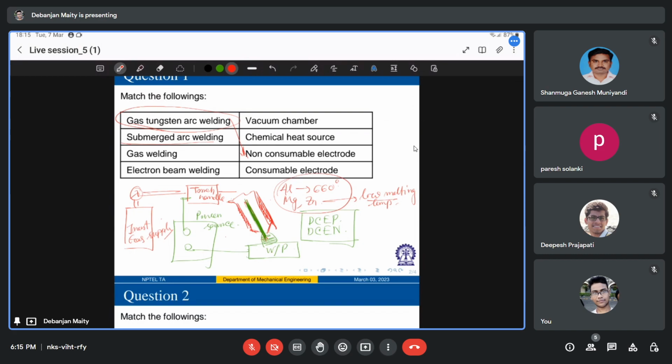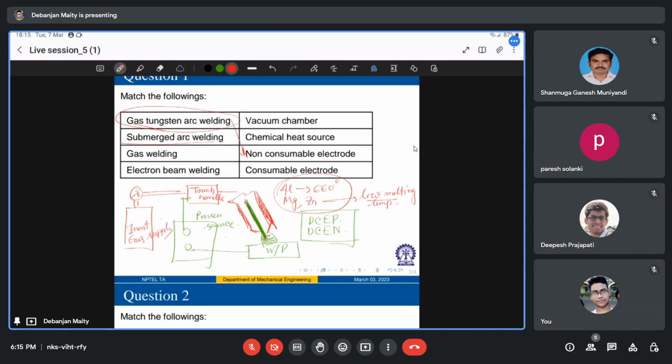Let us not go into the detail or schematic, as this will take some time. Anyhow, what does this granular flux contain? It contains different chemical compounds like calcium oxide, calcium fluoride, silica. Those are sintered to form a coarse powder, and this granular flux is then sprayed over this joint to be